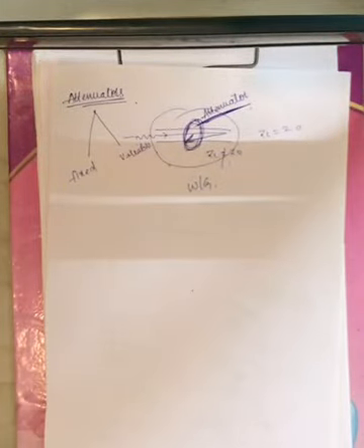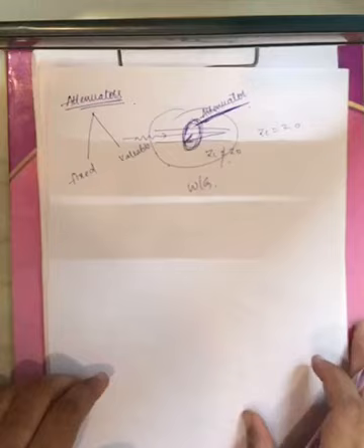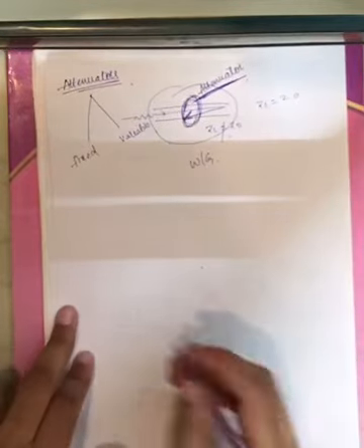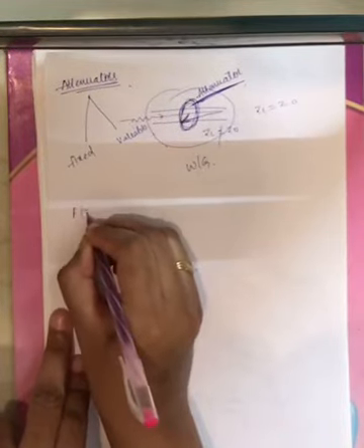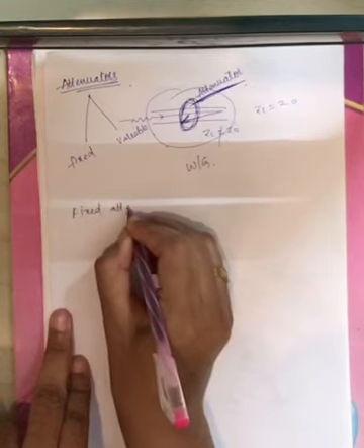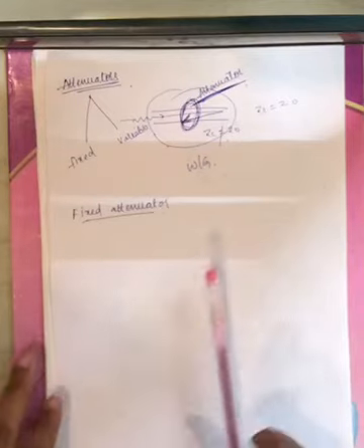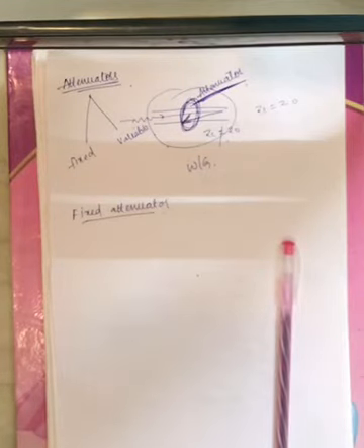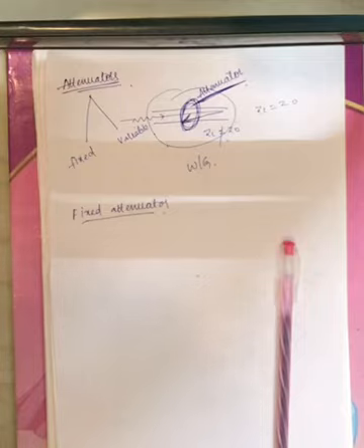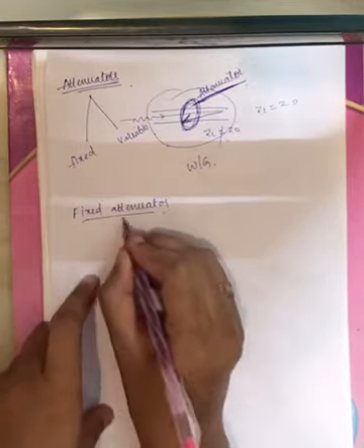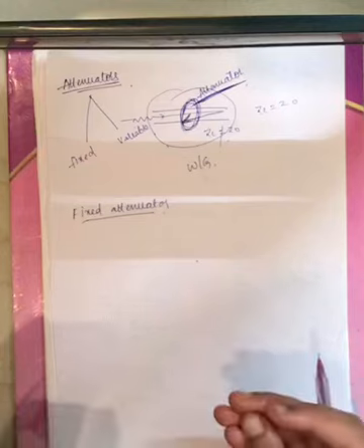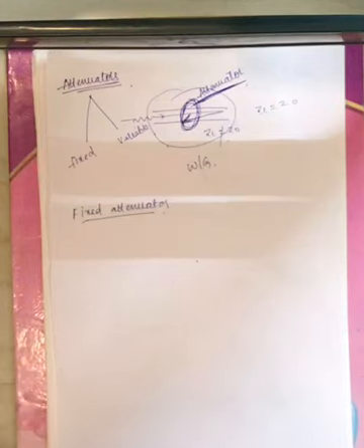Now we have the fixed type attenuator and we have the variable attenuator. Coming to the fixed attenuator, the name itself indicates fixed. These are used where a fixed amount of attenuation is to be provided, and it absorbs all the energy. Attenuator is used in order to absorb the reflected signal.